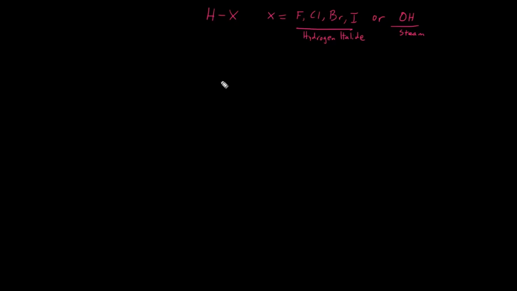So what is going to happen here? The more alkyl groups, not carbonyl, the more alkyl groups we have on a carbon, the more stable the molecule is. So whenever we add HX across a double bond,